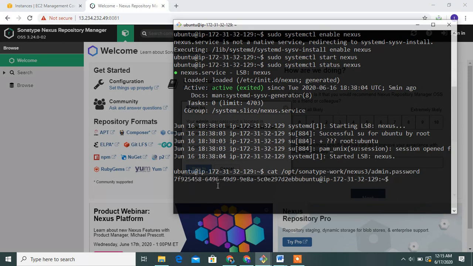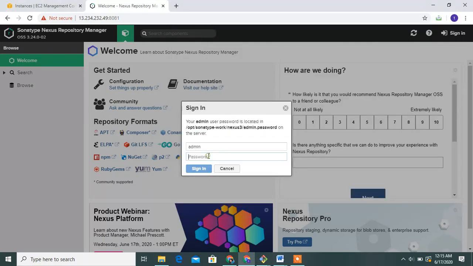Yes, guys, this is the password in Nexus. Use Ctrl+Insert to copy this password and paste it here with Ctrl+V. Guys, the username is admin and the password is at this path. Go to this path, see the password, and sign in.